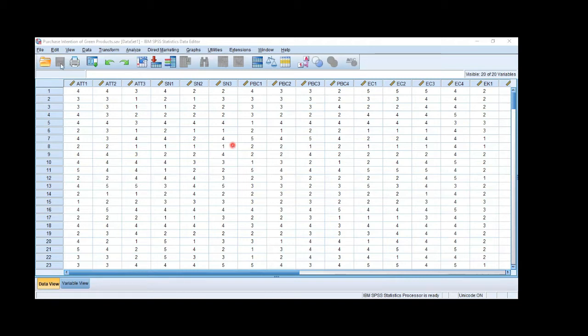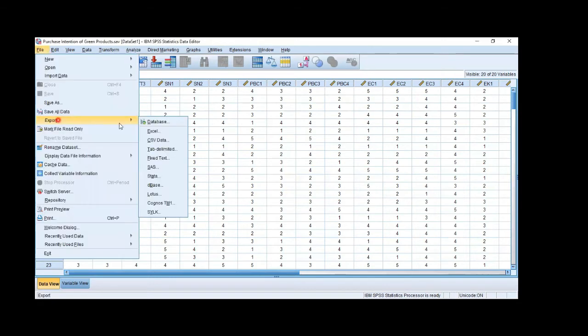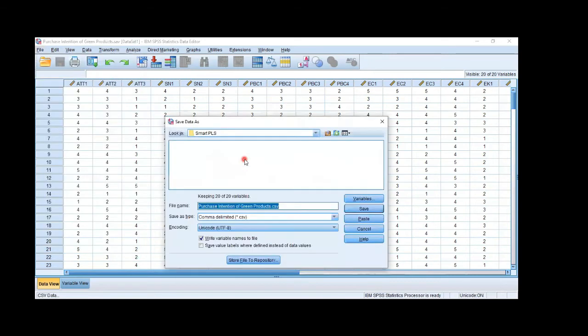How to do it? Go into File, and here one option is Export. In the export, you will find different options available: Excel, CSV, tab delimited, and others. But right now we are interested only in CSV. Double click it. Now a dialog has appeared, where you are going to export in the format of CSV. For example, if you look here, .csv and .csv, comma delimited. Okay, so both are there.